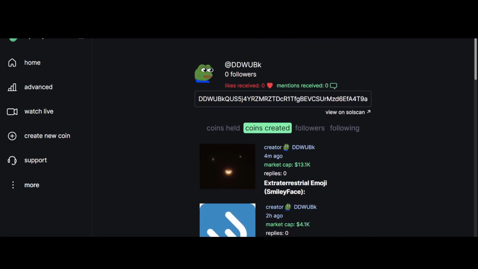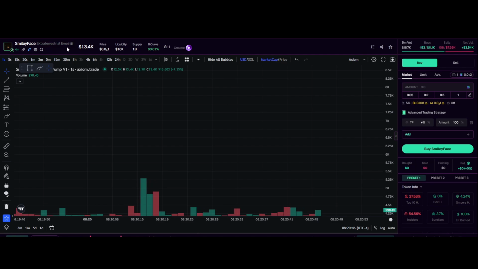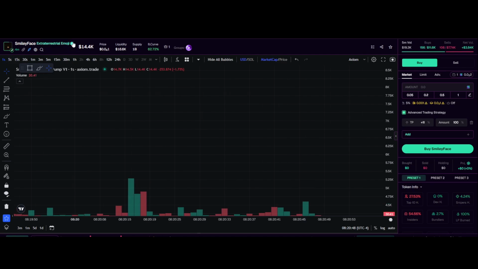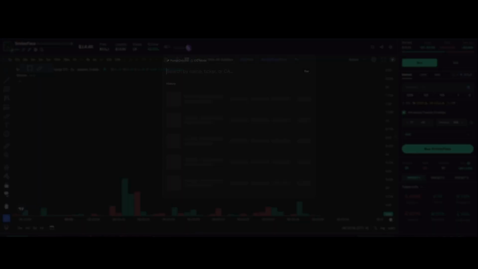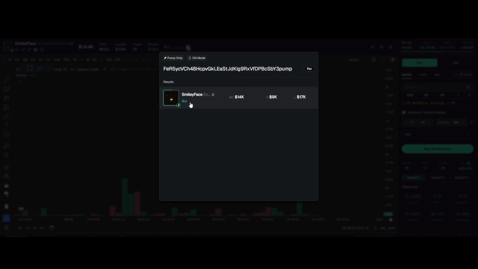One cool thing about Axiom is, like, example, this coin, right? So if we went back to Axiom, let's see, smiley F, take the contract address, copy it right there, paste it in here, paste, it's gonna pop up, right?